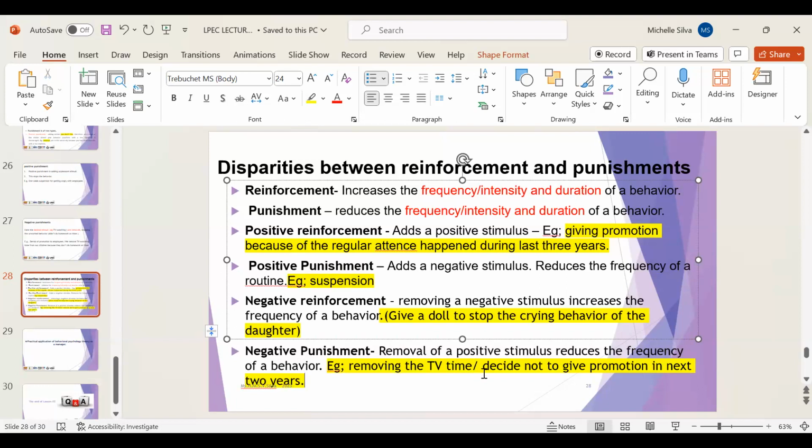Deciding not to give a promotion in the next 2 years because he gossiped